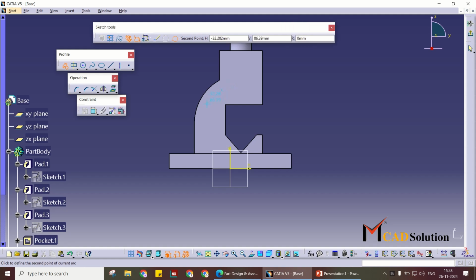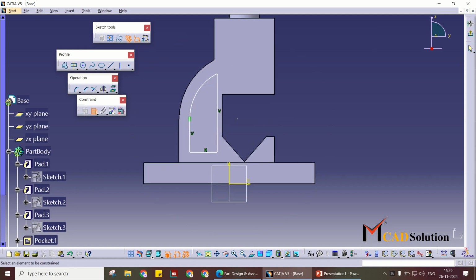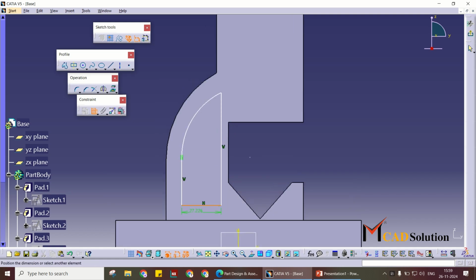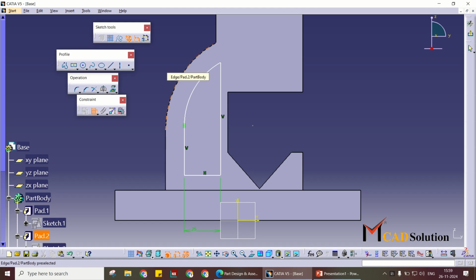Three-point arc. First point, second point, third point. Vertical line. 25. Edge. Sketch concentricity.